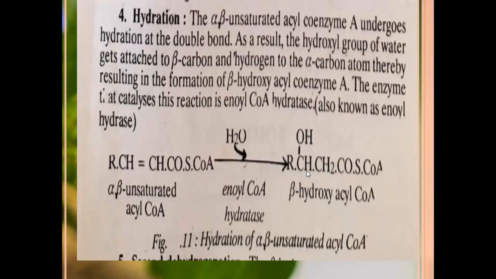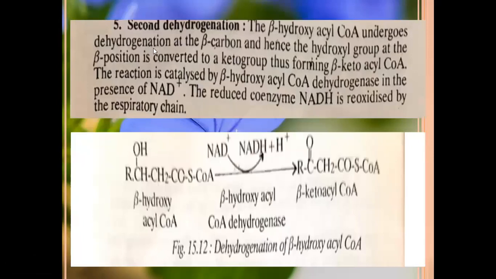See, it is alpha, it is beta. On the beta carbon, one hydroxyl group is present. So this acyl coenzyme A is called beta hydroxy acyl coenzyme A. The fifth step is second